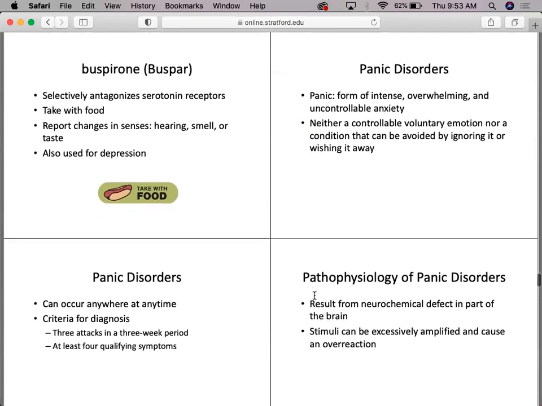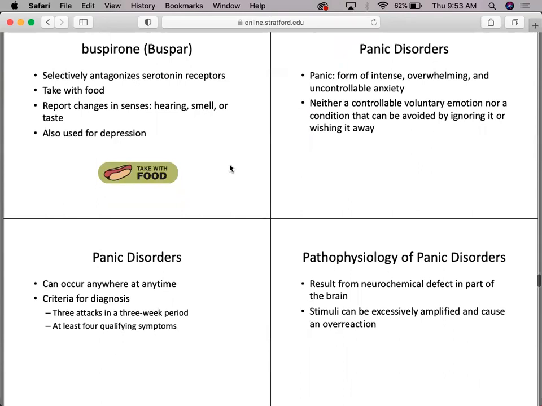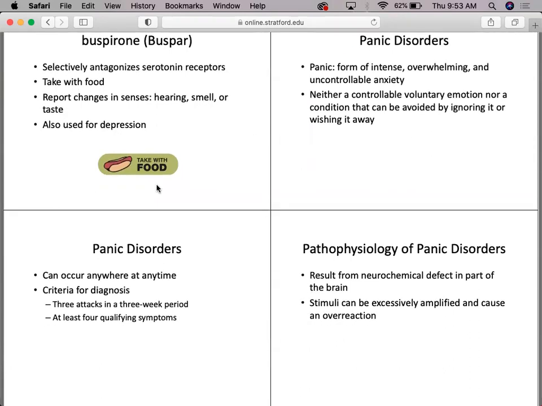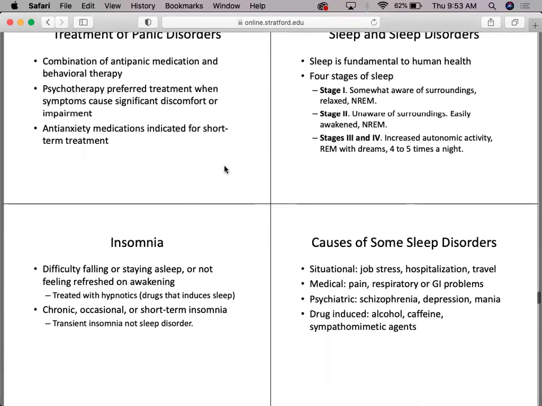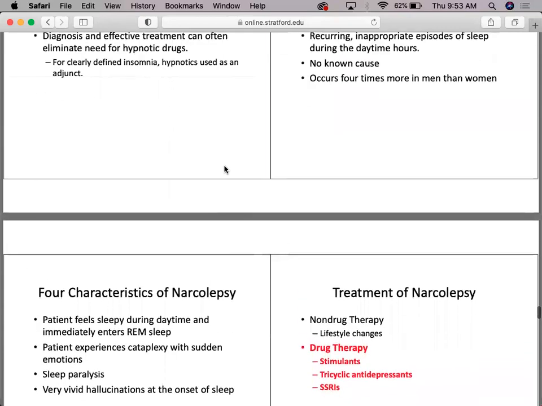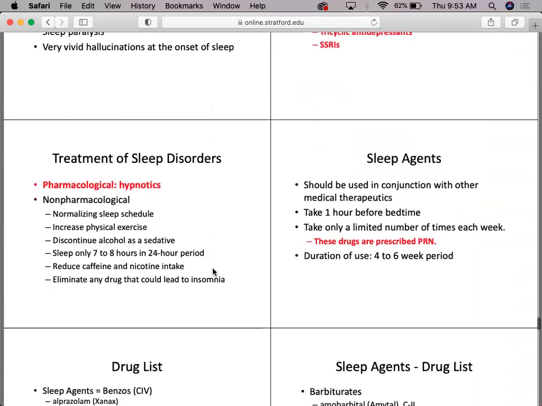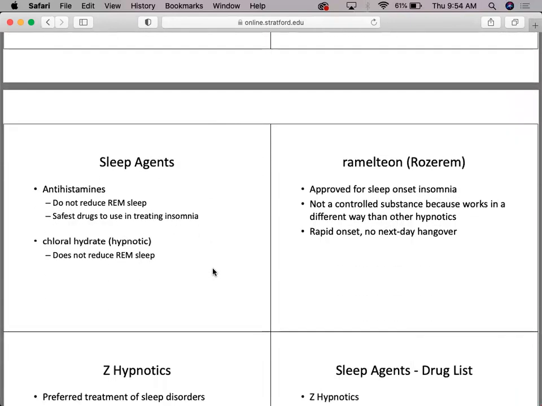Buspar, nice to know. But remember I mentioned Buspar for diet control and stuff like that. And the irony is, of course, you take it with food. Sleep disorders, nice to know. Not a lot of people have narcolepsy. Let's think more common, which is